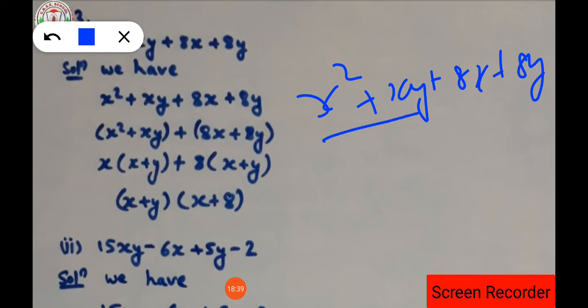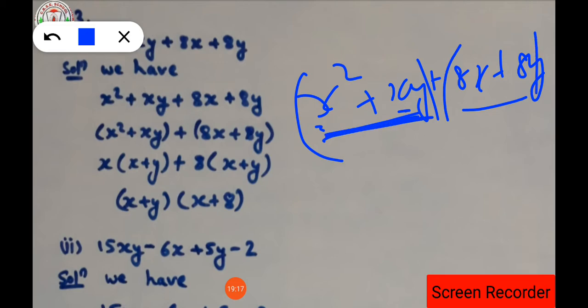Can we make a pair of these 2 terms and these 2 terms individually? Why are we making pairs of these 2 terms individually? Because we can do this as an expanded form also, as we did in question number 2. But in that, 8 will not come common in this term and this term, isn't it? So that's why we have to make the pair. While making the pair, here one pair will be there, and this is the second pair.